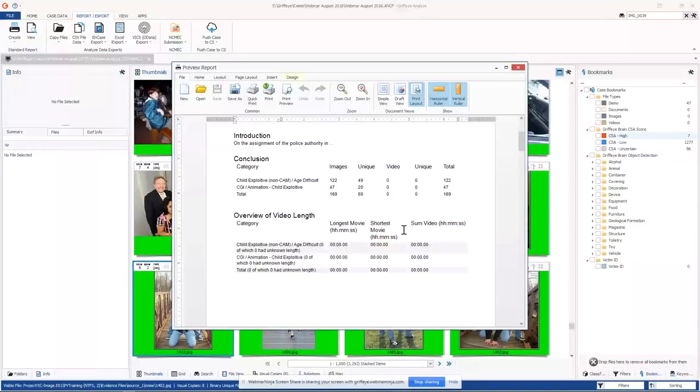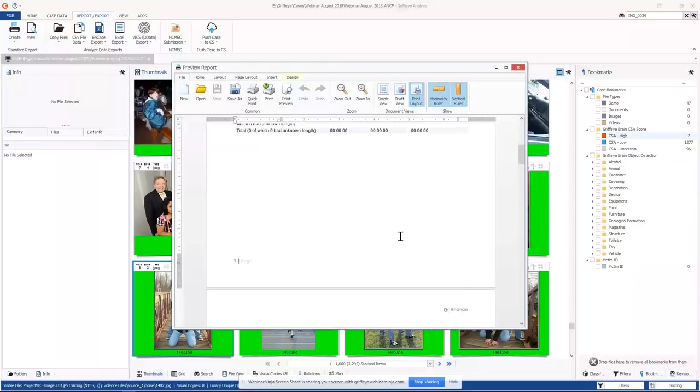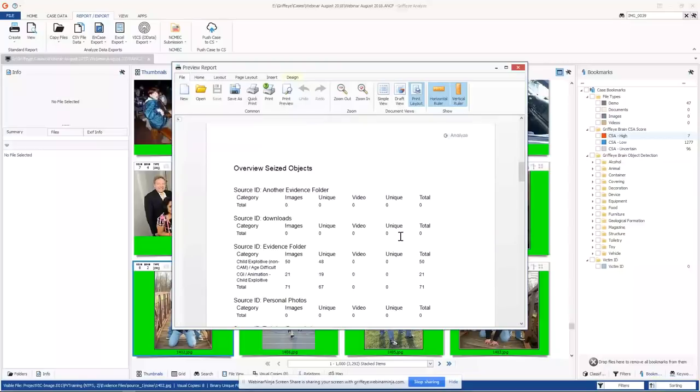And here's my summary report just based on the categories I selected. It's really cool. I love this summary report because it gives you a total of all the files, including unique files that are in here. There's no unique ones because I only selected a couple of small categories, but it'll give you a full count of how many actual unique files, how long the videos are. But what I like the best is each time you bring in an evidence item, you give it a source ID, and it'll give you counts on everything.